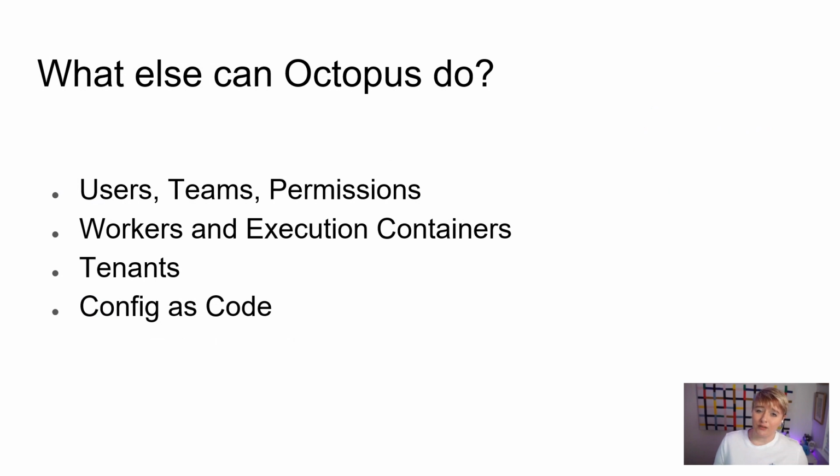Now, last but by no means least on this list is a new feature that we've been working on for quite a while here at Octopus called Config as Code, which is basically how you can take your deployment step and manage it inside, say, a GitHub repository and control it using that as well. So you can have your deployment processes set up using source control and source versioning, just like you do with your application code. That's in early access for our customers, so definitely check that out if that's something that you would like as well.